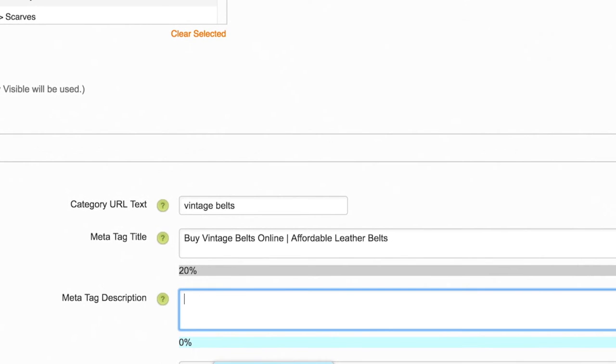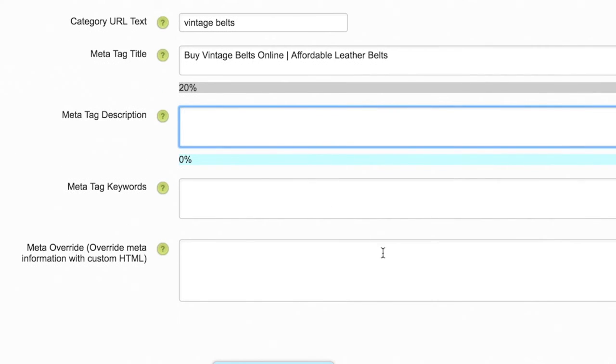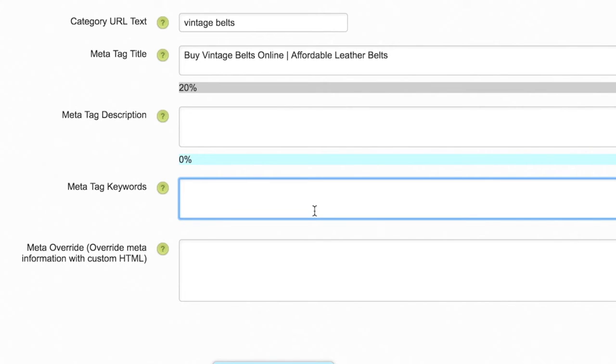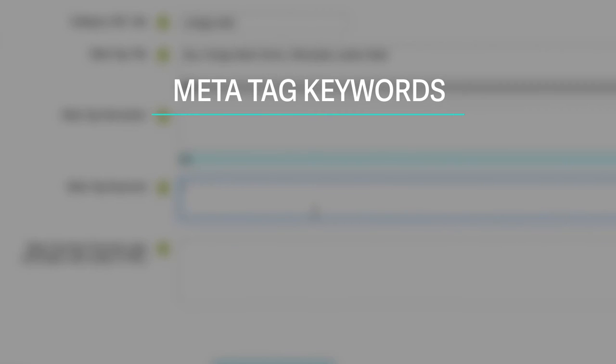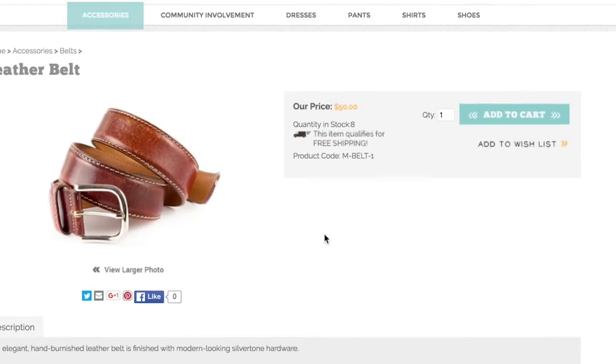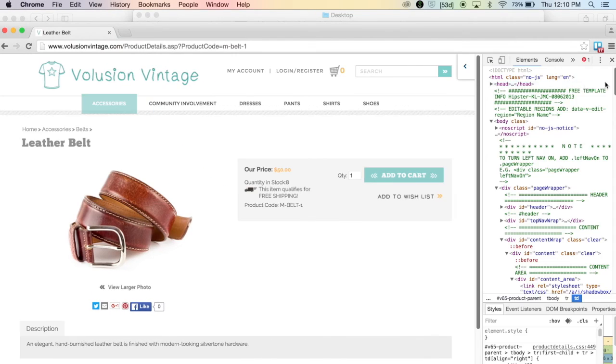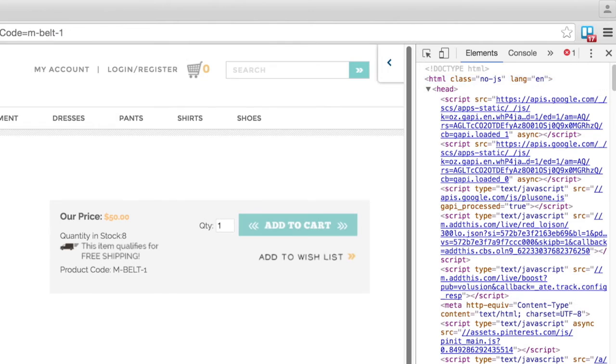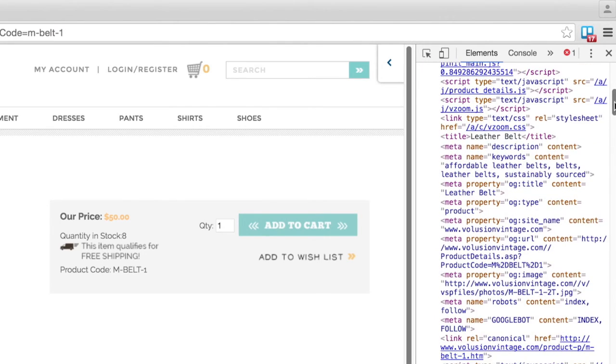Once you fill that out, you'll notice that there is this tag underneath that's called the meta keywords tag, and you actually don't need to worry about filling that out. We've left it in Volusion just because it's kind of confusing for some people if we remove it, but Google's been ignoring that tag since 2009. So it's okay for us to ignore the tag because anyone can view the source code of your website and see that tag. So we don't want to give our competitors any easy access to our keyword strategy.